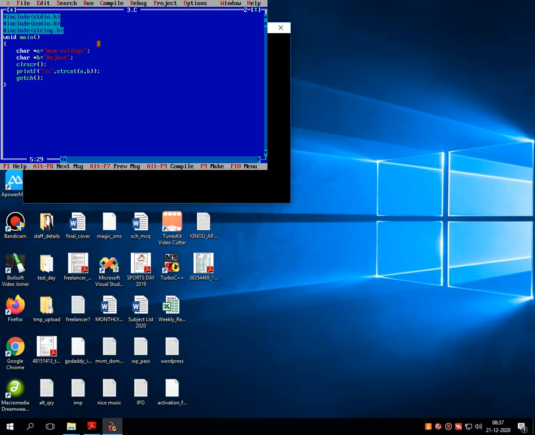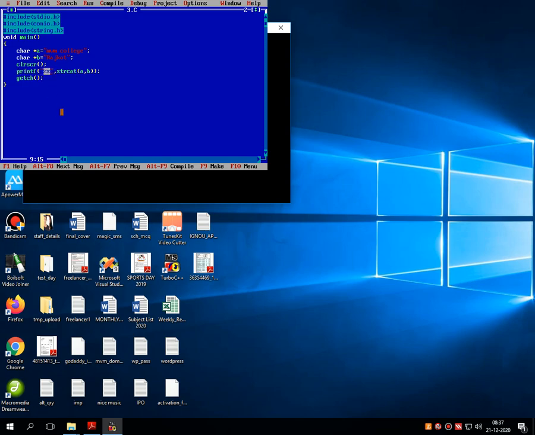As you can see on the screen, after the necessary library functions, there is a void main statement, and inside the opening and closing brackets, the first variable I have declared is a and stored a static string, that is MVM college. Then the next variable is b, in which I have stored another value, Rajkot. Then after the clrscr statement, into the printf